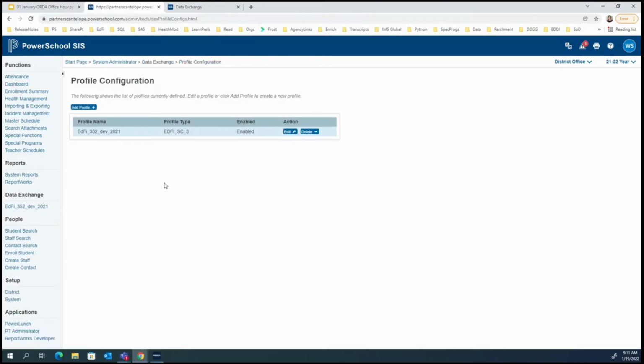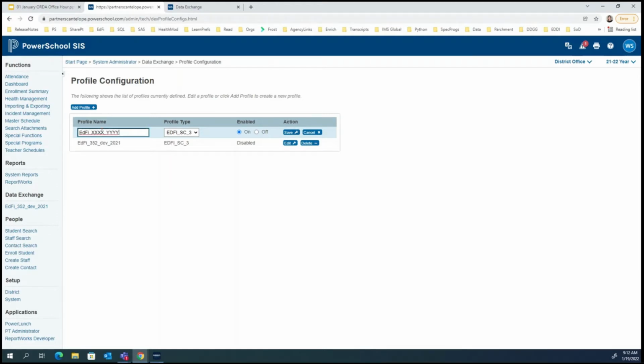Okay, great. So here I have one that's already enabled. Okay, so the first thing I'm going to do is click Edit, and I'm going to click Off and save that. Okay, so that one is now disabled. And then now I'm going to add a profile. So I'll click Add Profile, and we have a naming convention that we'll use to name our new profile. It looks like this. I'll just use some X's and Y's here, then I'll change it up to show you a better example. So it'll be ed5 underscore, and we'll just put x underscore.